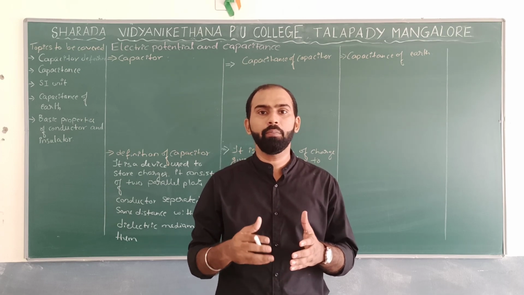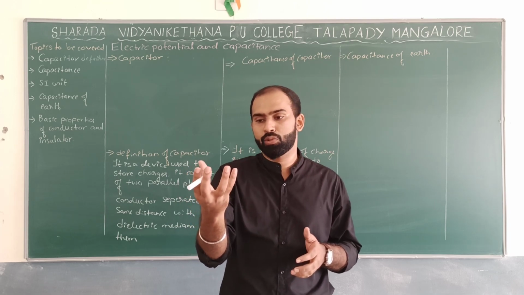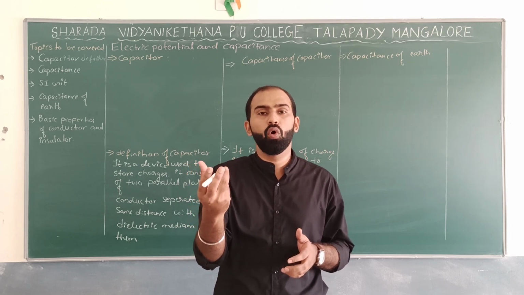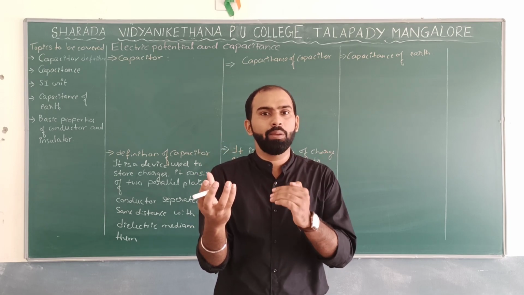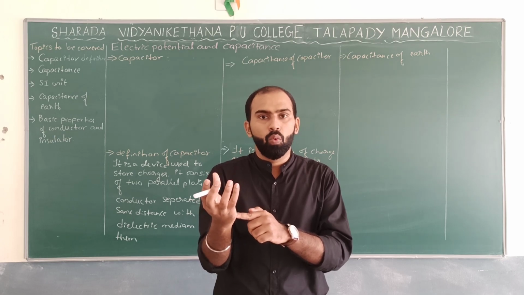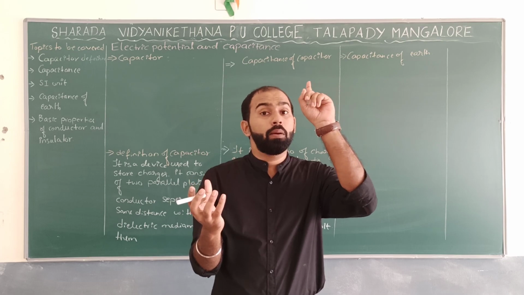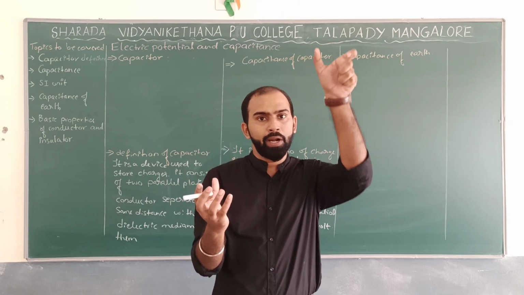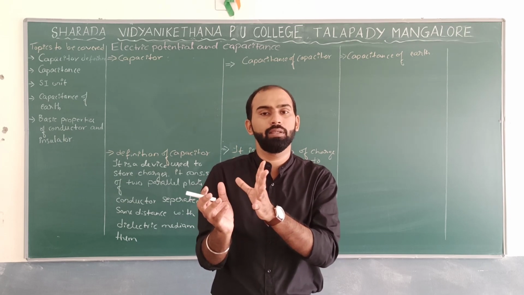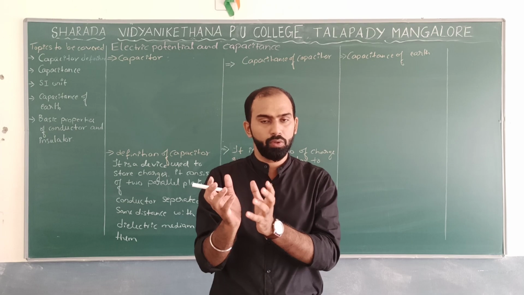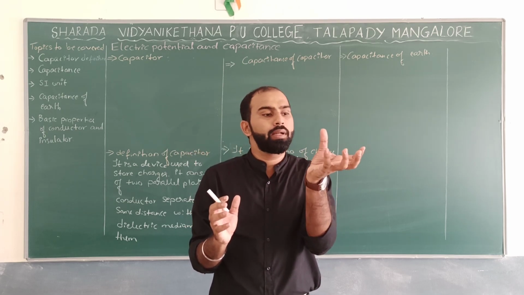For the time being, we have a circuit. There is one battery and one bulb over here. To glow this particular bulb, for the time being, I'll take it that it needs 1 amp at a time. But if I connect the battery directly to the bulb, it is not possible to flash at a particular time. So, to resolve this, we need to take one capacitor.